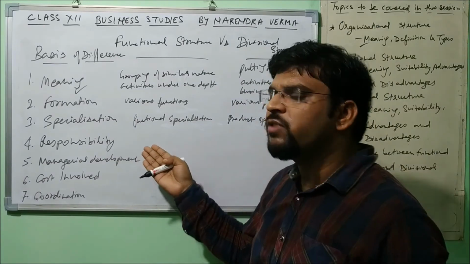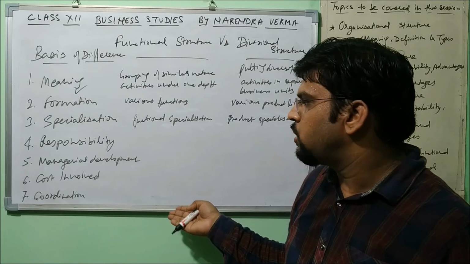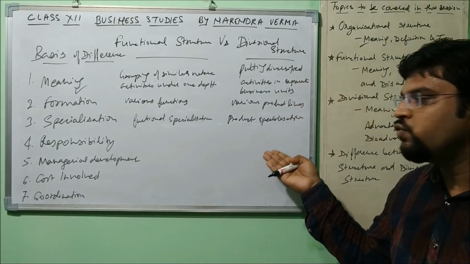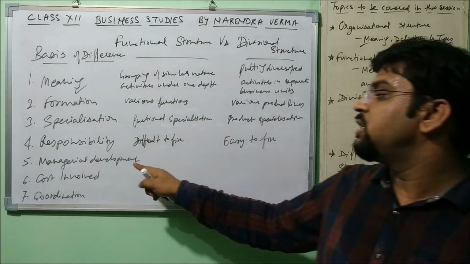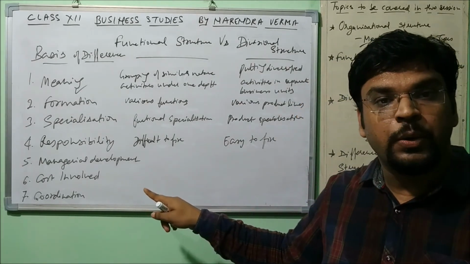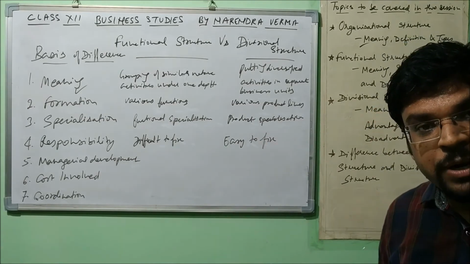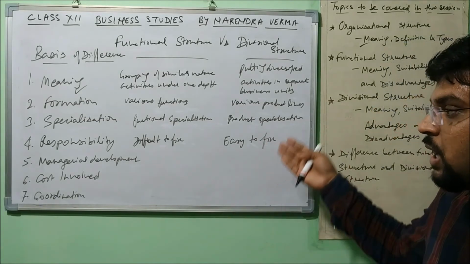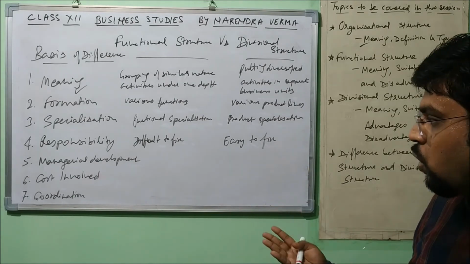Responsibility: here it is very difficult to fix the responsibility as per the departmental system, but there it is easier to fix the responsibility, right? Now managerial development: here managerial development is limited, but there is wider scope for managerial development,